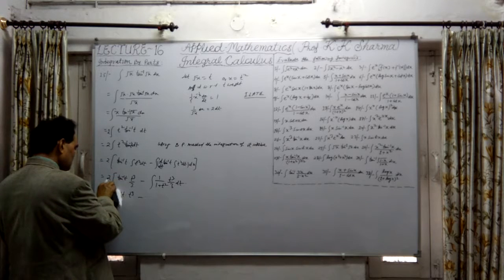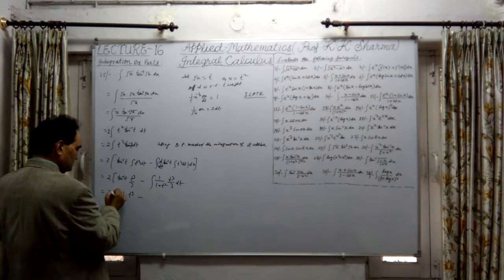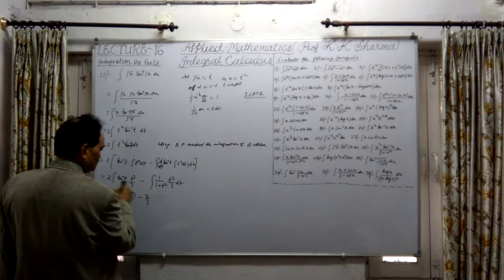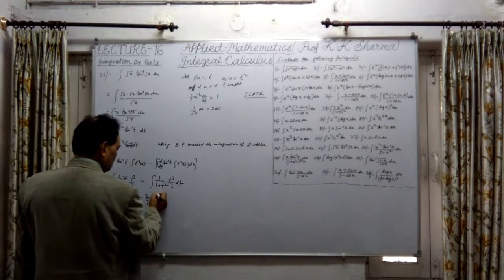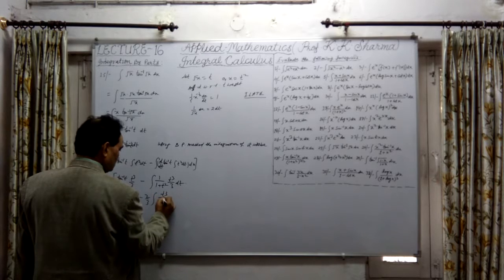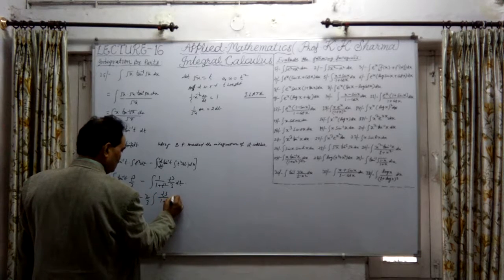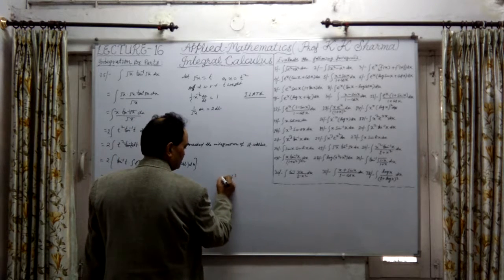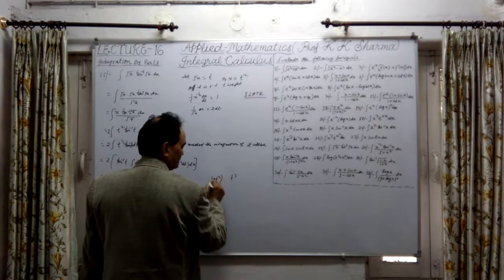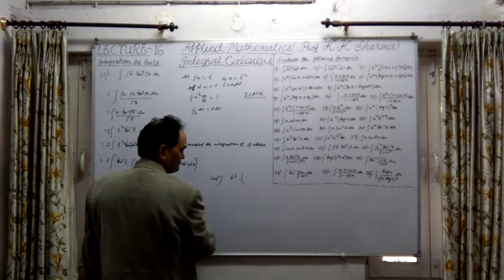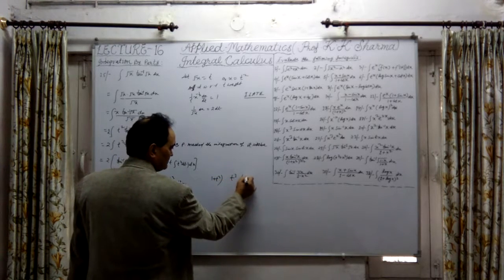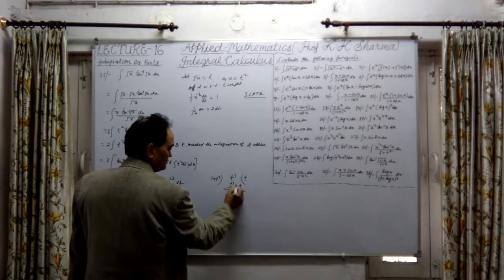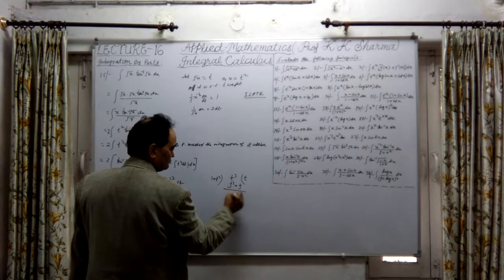Okay, this bracket, let me take it like this, and this is also 2 by 3, 2 upon 3, and this is nothing but t cubed upon 1 plus t square into dt. Now if I divide t cubed by 1 plus t square, what will it be? Simple, if I multiply by t square, this will be t cubed plus t minus t,